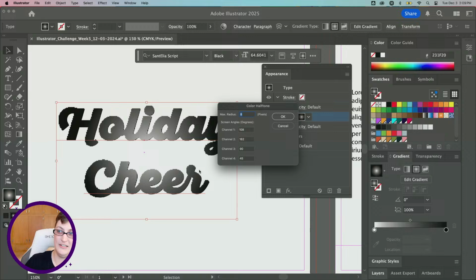Now, when I do that, nothing's going to happen at first. Unfortunately, this effect doesn't have a preview option, but since we're using the appearance panel, we can go back and edit this as needed. I find that setting all these values to the same number works well in terms of the size and the spacing of my halftone dots, but you at least want to set all of these channel values to be the same value. So to give you an example, I'm going to set all of these to 50 to get started. And the larger the number for these values, the larger your dots are going to be. So if we use 50 and I hit OK,